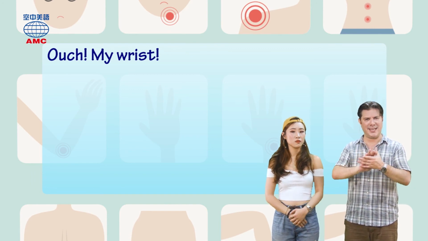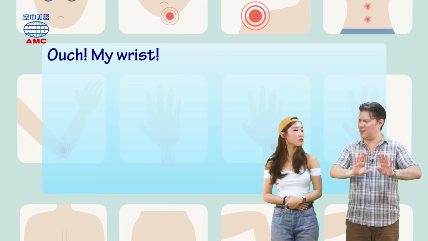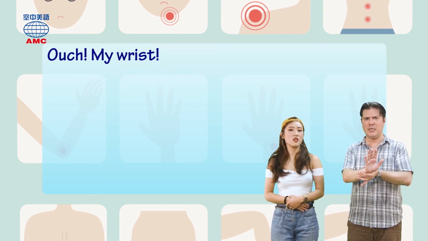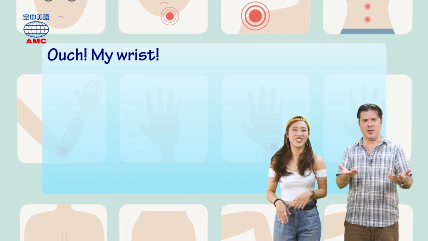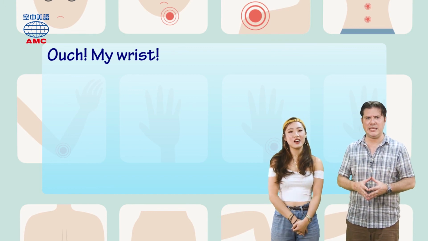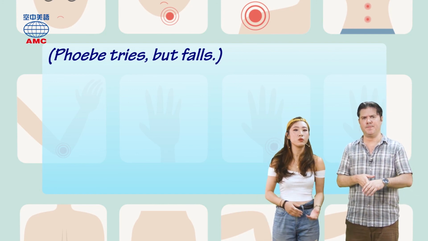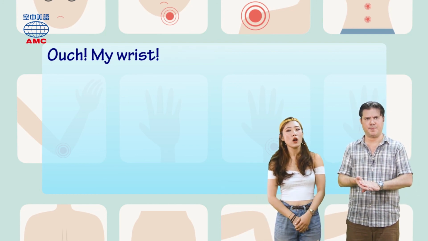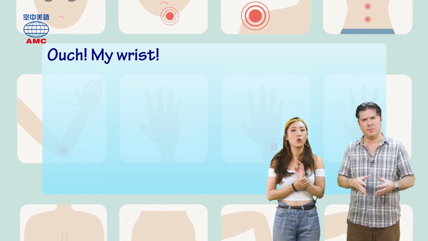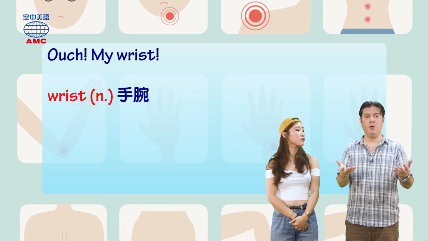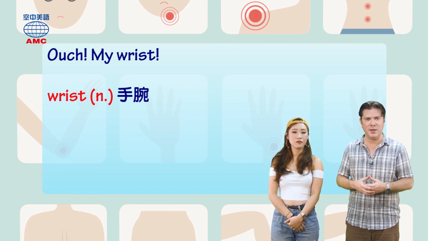So this is the wrist. It actually carries a lot of weight when you're pushing down, right? So she could kind of stretch her wrist a little bit. And she has weak arms. There you go. It's maybe her first push-up in many years. Okay, Phoebe tried, but she fell. Phoebe cries out, she says ouch, ouch, my wrist. The wrist is wrist. All right, well, unfortunately, we won't really find out what happened if